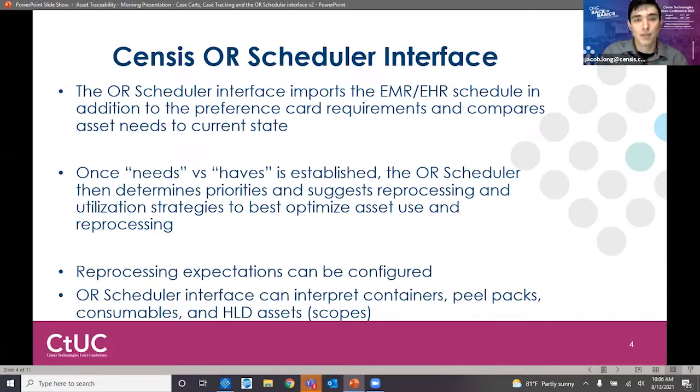So our OR scheduler interface takes what it learns from the import from your EMR or EHR. It takes those preference card needs, compares them to what it has or what it's aware of in its current container and instrument inventory, and then it begins to prioritize for us. When we actually look at the schedule, I'll illustrate a way that we can see this and how it does it exactly. And just so we know, we've made quite a few changes to the interface over the last couple of years. We've grown from just being able to import things like containers to where now we can get the interface to import containers, peel packs, consumables, and even HLD assets with ScopeTrac Advanced, such as scopes and